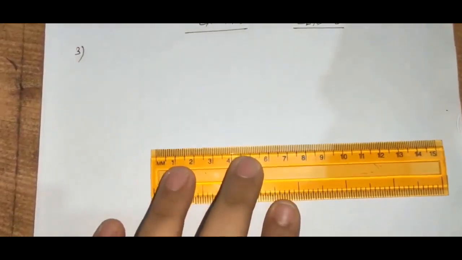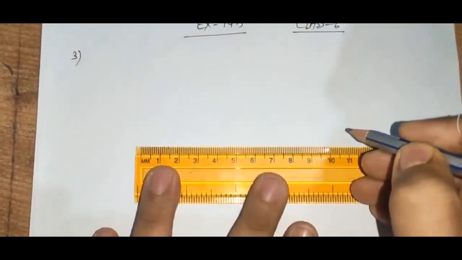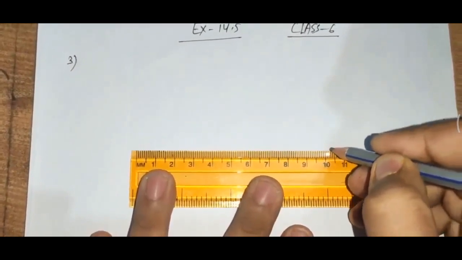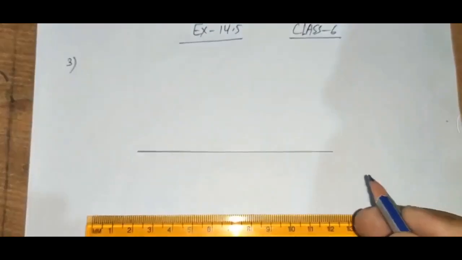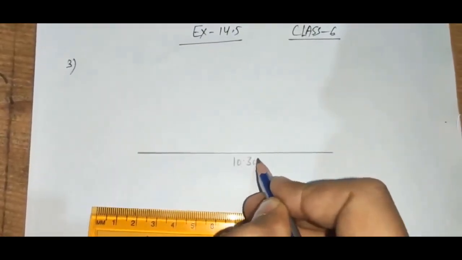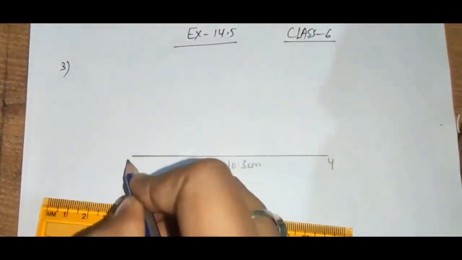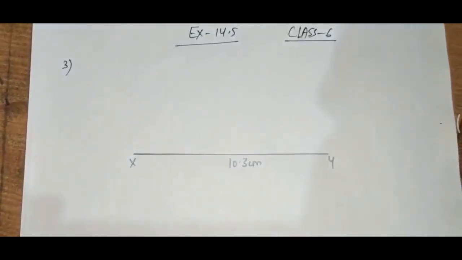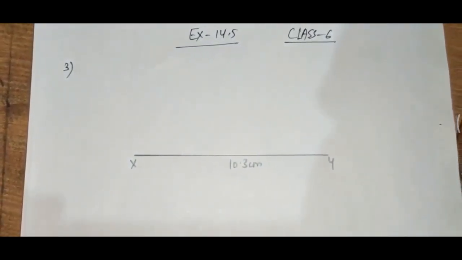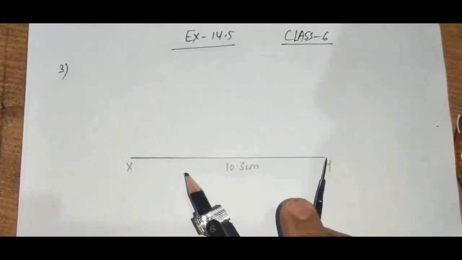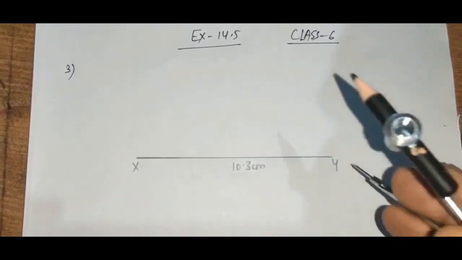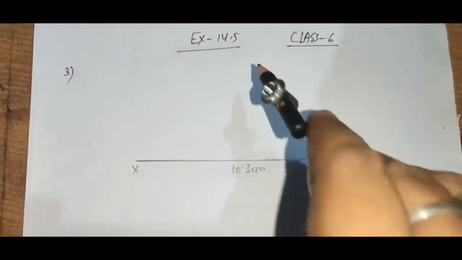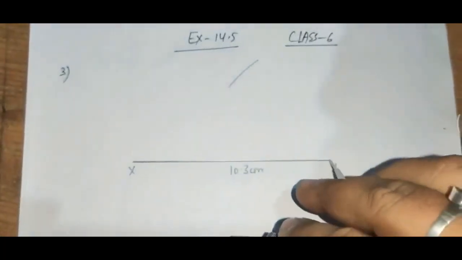It is written that first of all we are required to draw a line XY which is 10.3 centimeter. Now we will draw the line 10.3 centimeter XY first. Here we will write 10.3 and this is Y and this is X. Now draw a perpendicular bisector of line XY. Now you are required to take more than half distance in your compass and then draw arcs from Y, one upper and one lower arc,